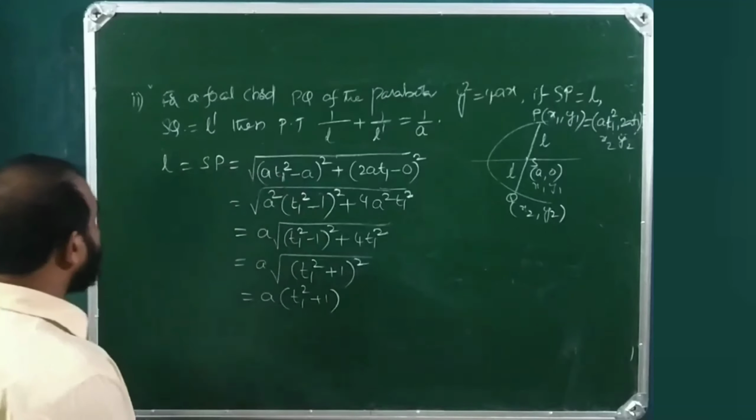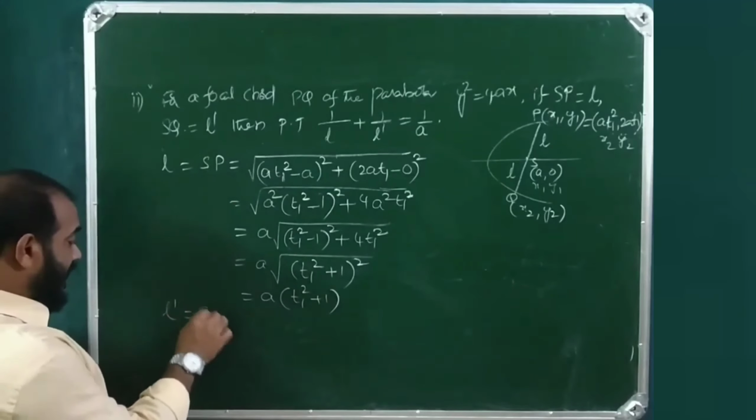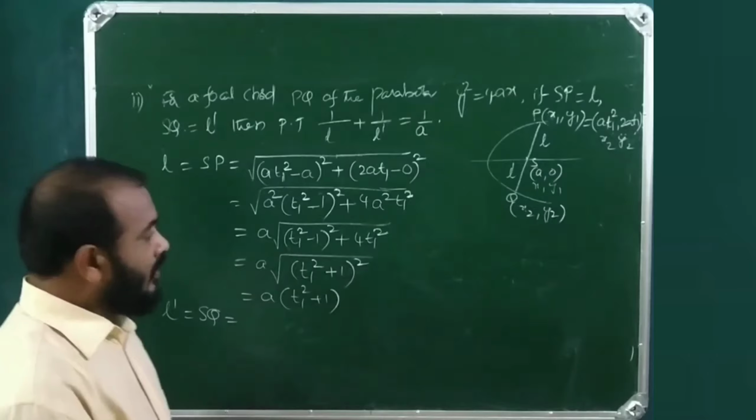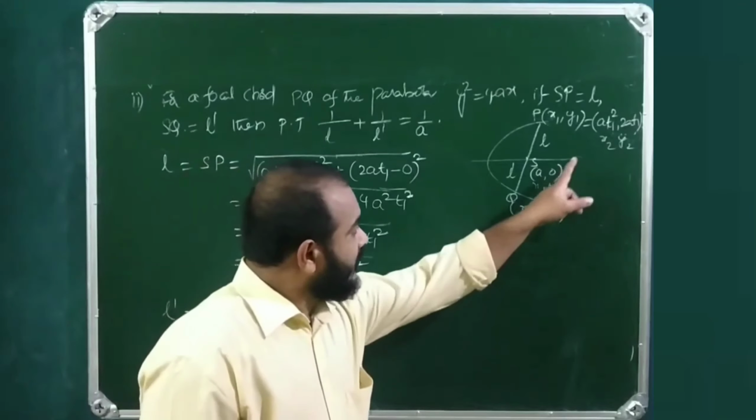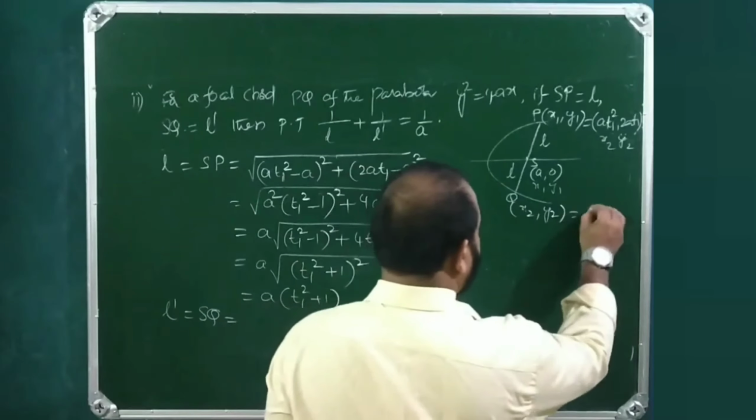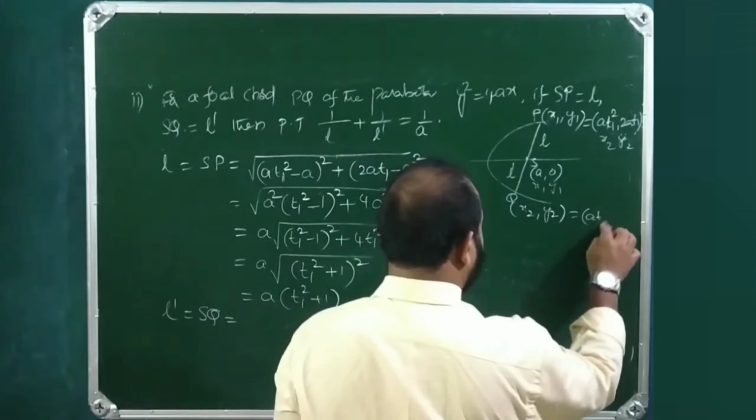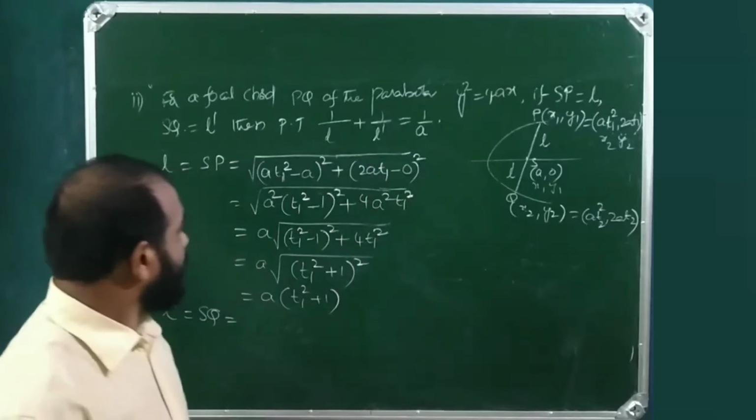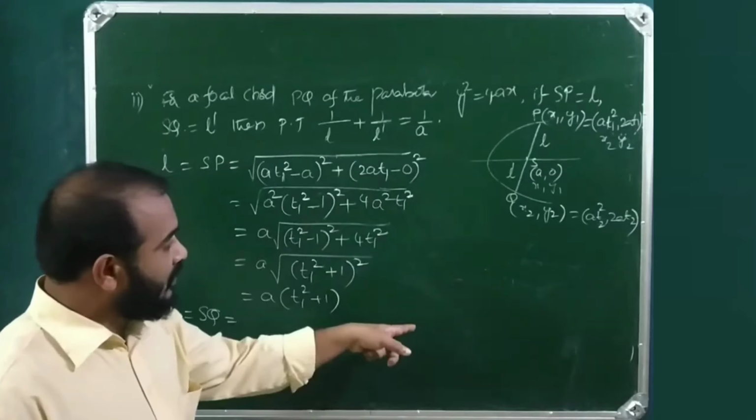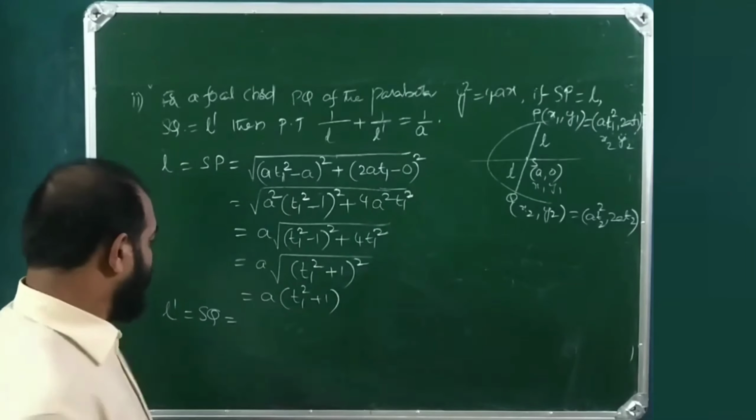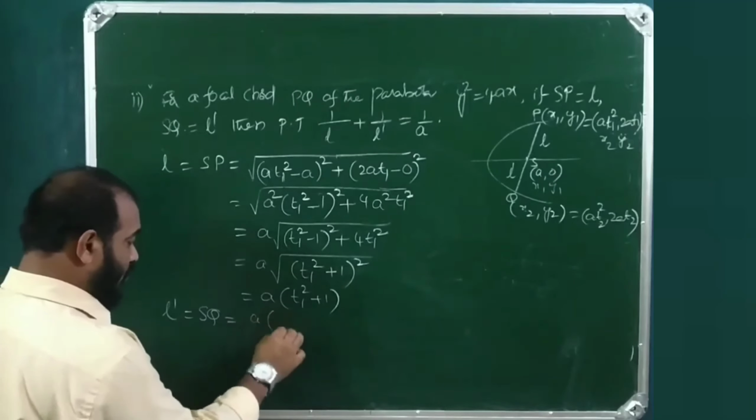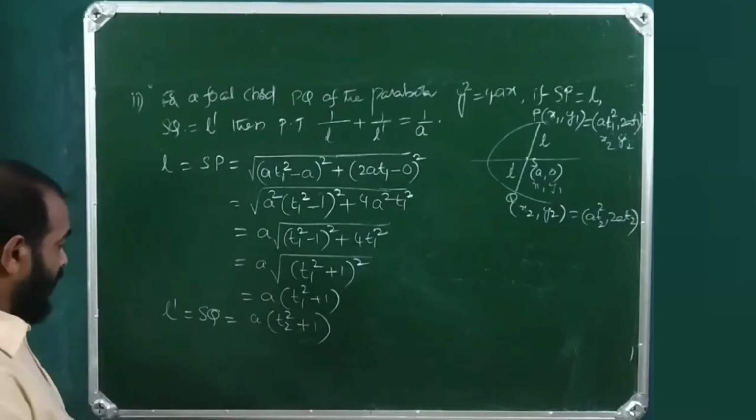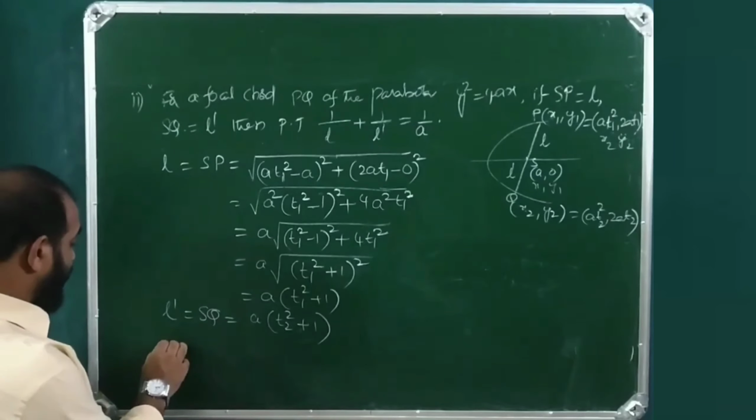And what is L dash? L dash is SQ. So the same, a t2 square, 2a t2, right? Then we will be getting the same everything until we reach a into t2 square plus 1. Now L minus